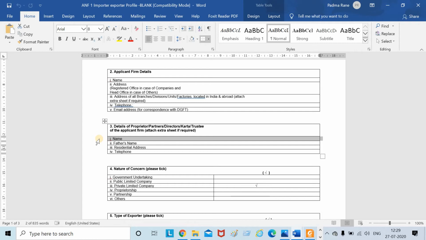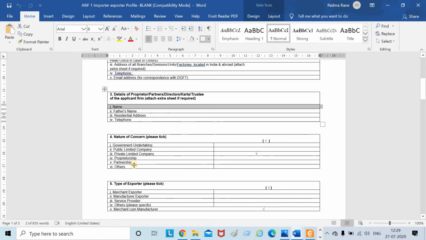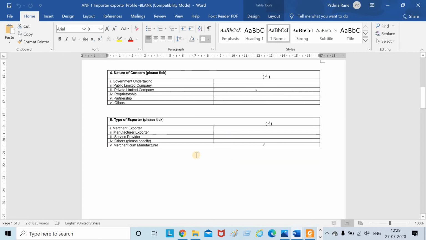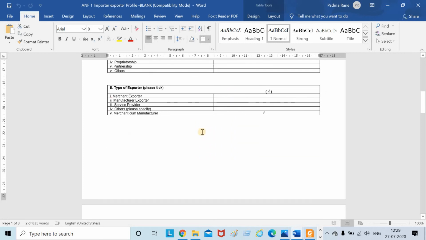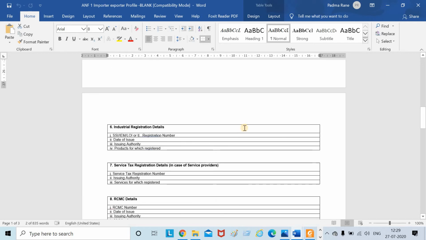Otherwise, your application will be rejected. Then your company status, public limited or private limited, you have to click on the appropriate box. Then type of exporter, manufacturer or merchant exporter, you have to click on the appropriate box. Then industrial license, small scale industrial license,